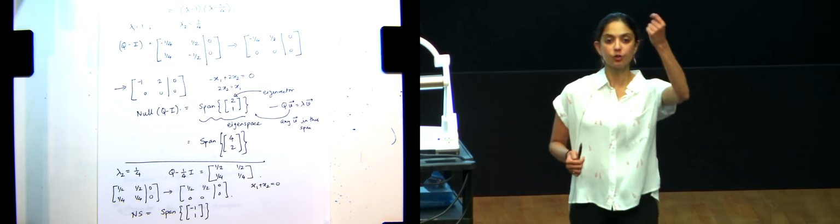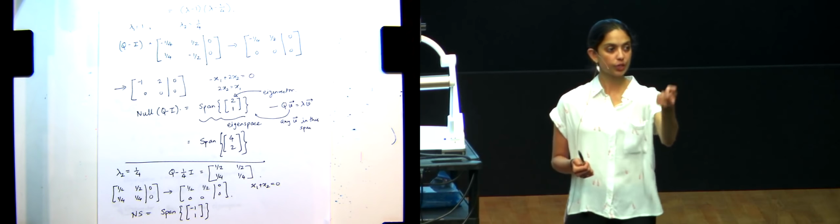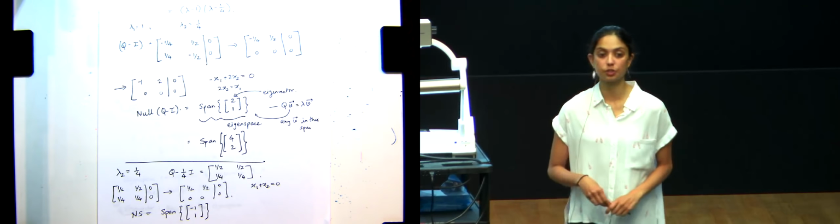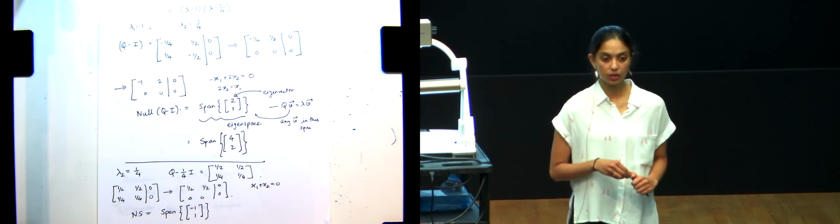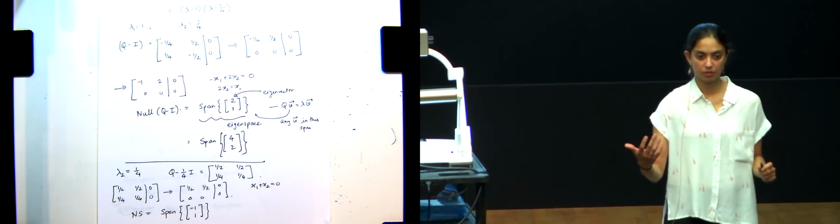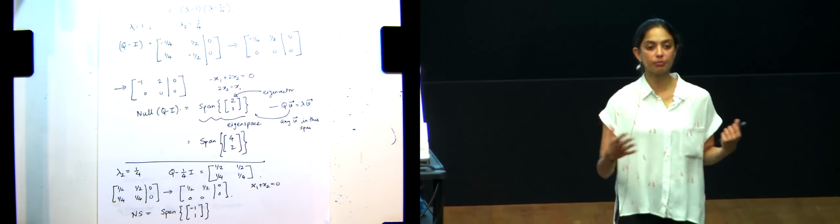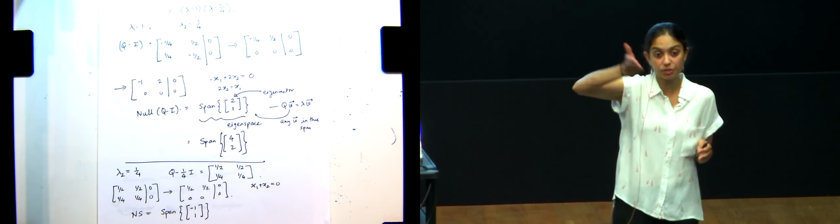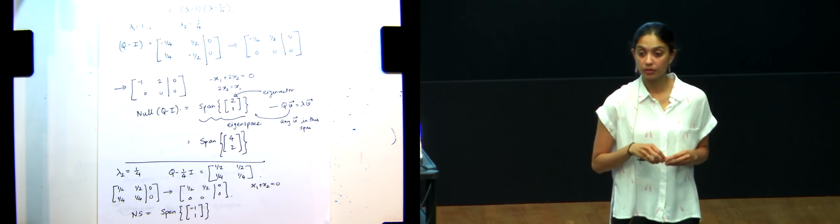If you're asked to find one eigenvector, you can just give me one eigenvector. If you're asked to find the eigenspace, then you should write the span of the vectors. To be safe, always write it out as a span, because you always want to remember that there's not just one vector. This entire space of vectors has that same property.